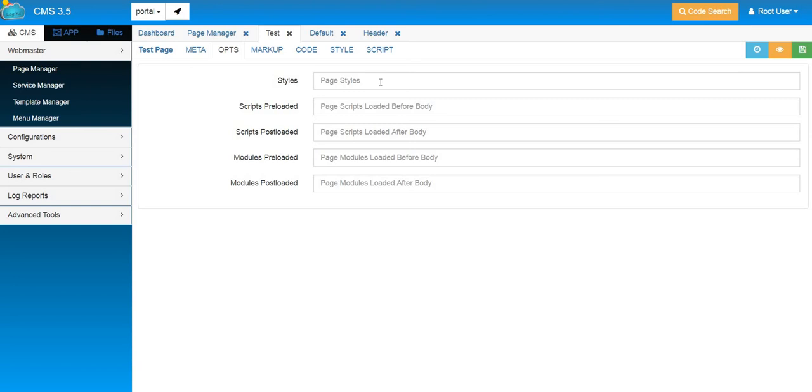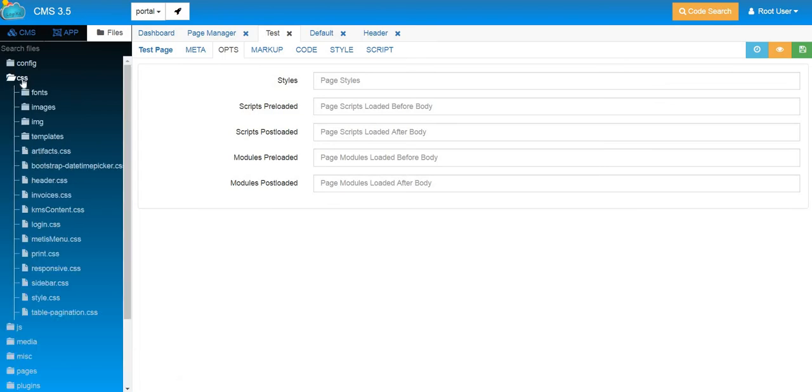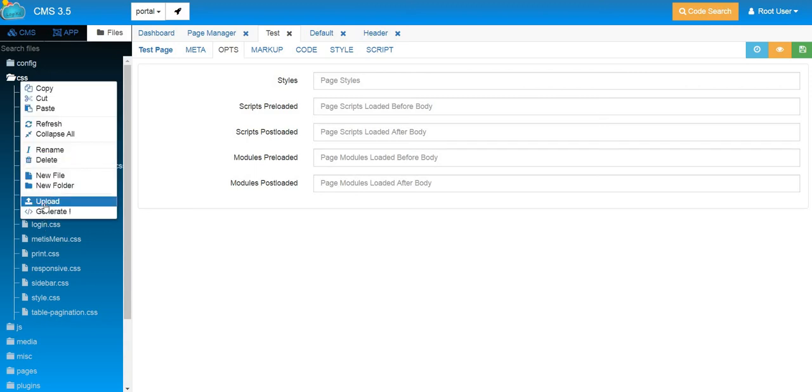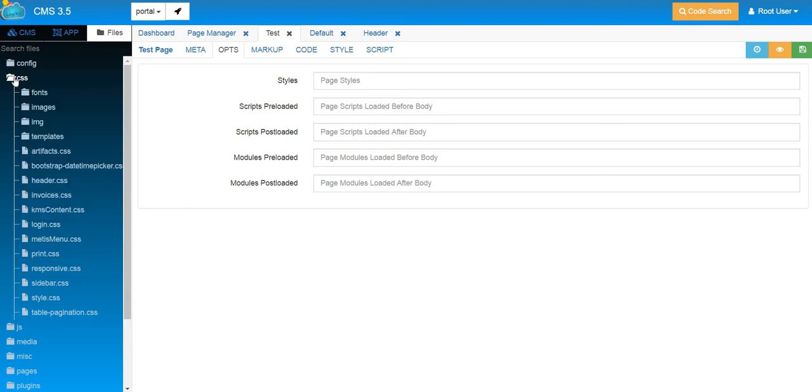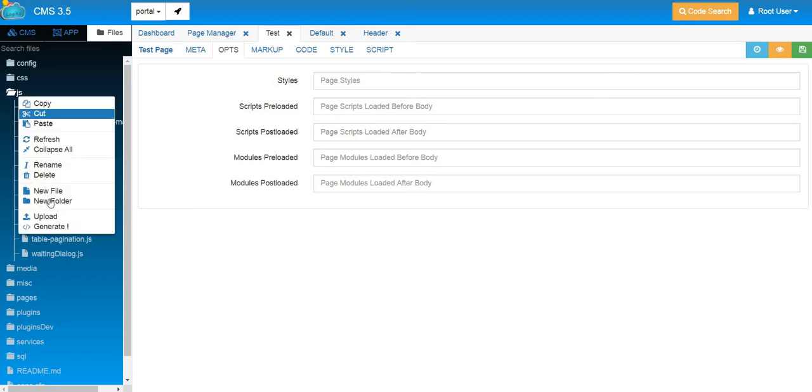So where is the CSS and script added? To add a CSS file and script file, we need to go to files, here the CSS folder. Then you can simply upload your file or create a new file and add your CSS over here. Whereas for JavaScript, you need to go to the JS folder, then create your file or upload your file over here.